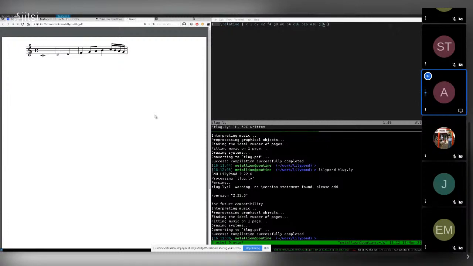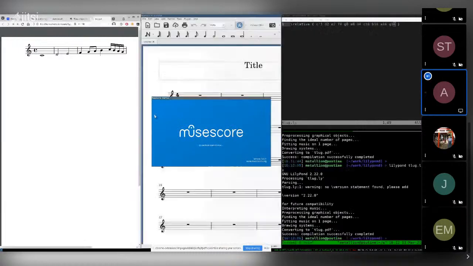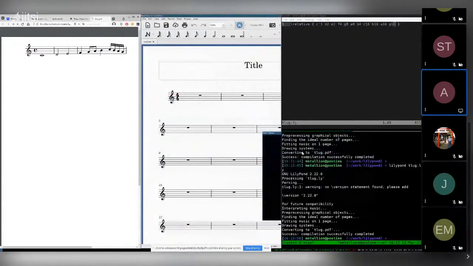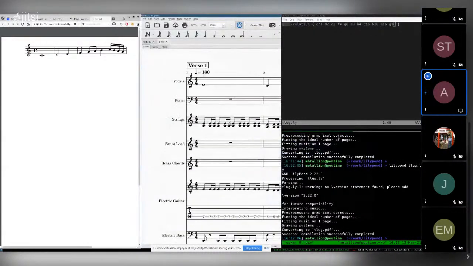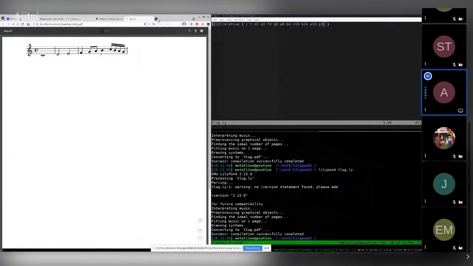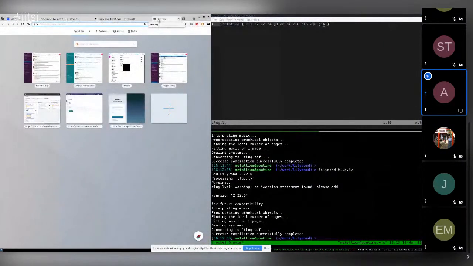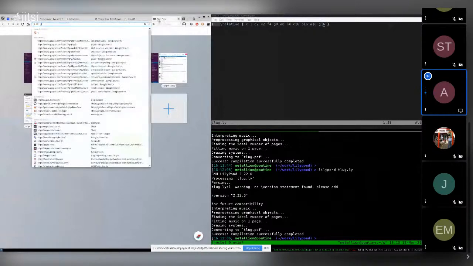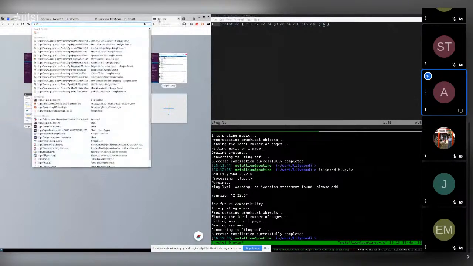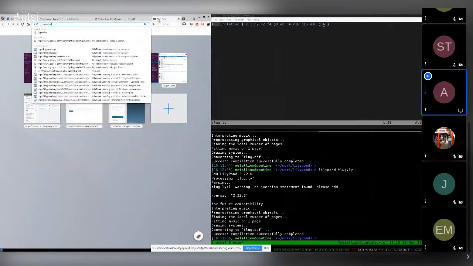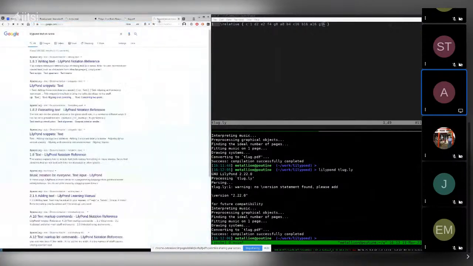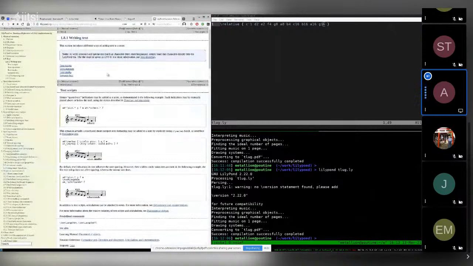I've got a question. Yeah, sure. Are you able to add words as well? You are, yeah. Okay. I actually haven't done that yet, so I don't know off the top of my head how to do that, but Lilypond text. Oh, that's fine. You don't need to show me. I was just curious if it supported that. That's cool. But it's also nice to show off the documentation.